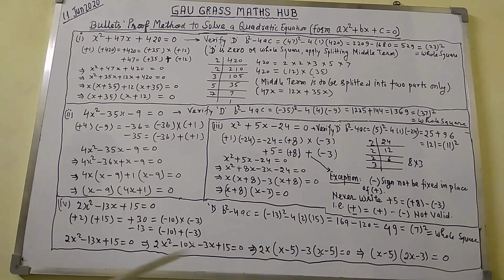Implied that here you can see in this term, I have taken two terms here. You can see 2x can be taken as a common. In one bracket it comes out to be x minus 5. In this term, minus 3x plus 15, I have taken minus 3 as a common. In bracket it comes out to x minus 5. Here you can see in this term, x minus 5 is there. Here x minus 5 is there. You can take easily x minus 5 as a common here. If you take x minus 5 common here, in another bracket it comes out to 2x minus 3.